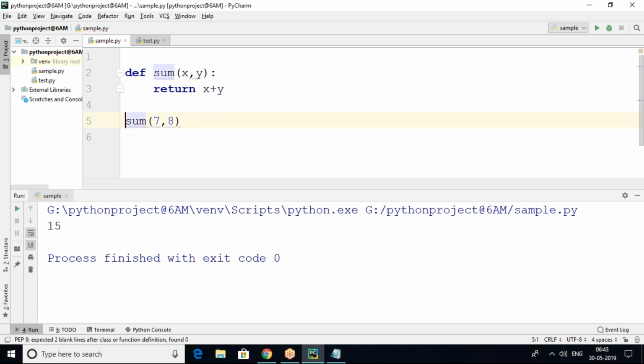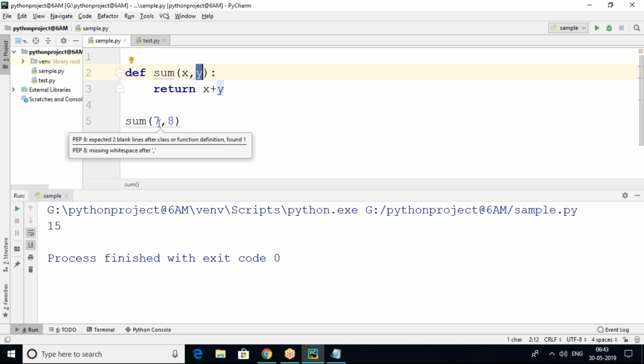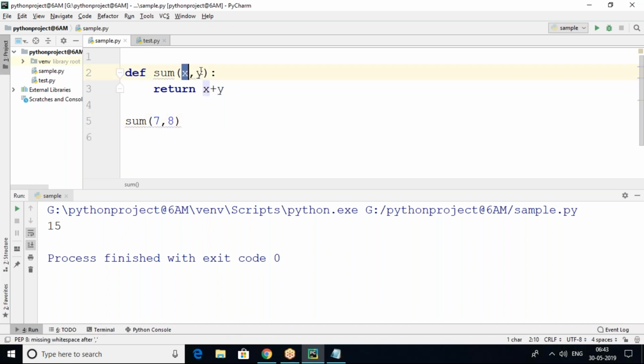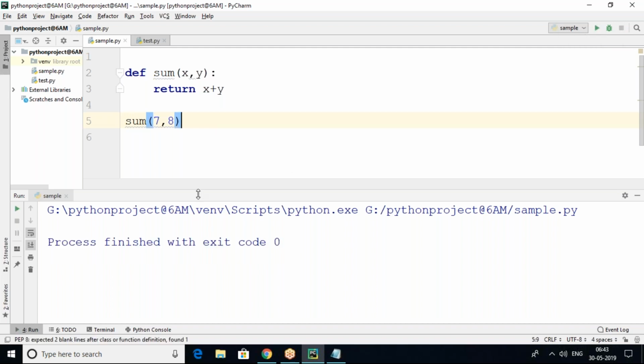Return in the sense what? As soon as we call this function, it expects parameter values from the user. Once given, x and y will be stored as 7 and 8, and it will do the task, 7 plus 8 is 15. The value 15 is not going to be printed by the function, it's going to be returned to the calling place, where you are calling. But this time you can see it won't show output because you are not printing.